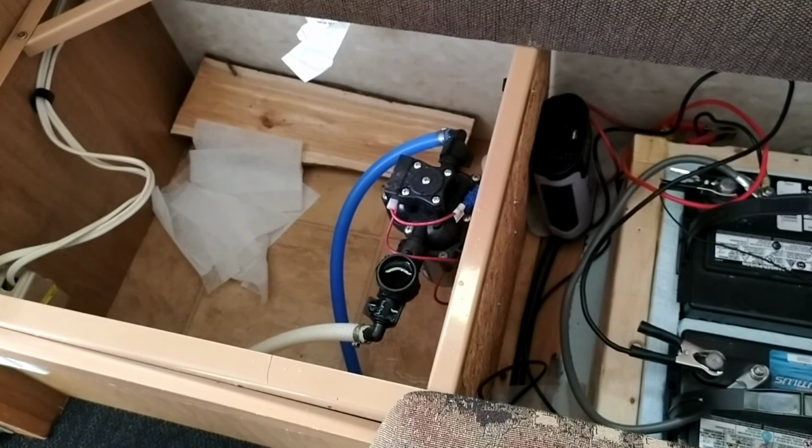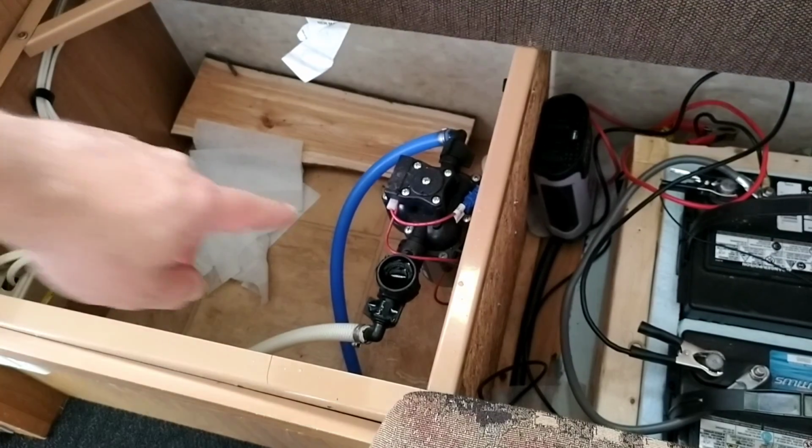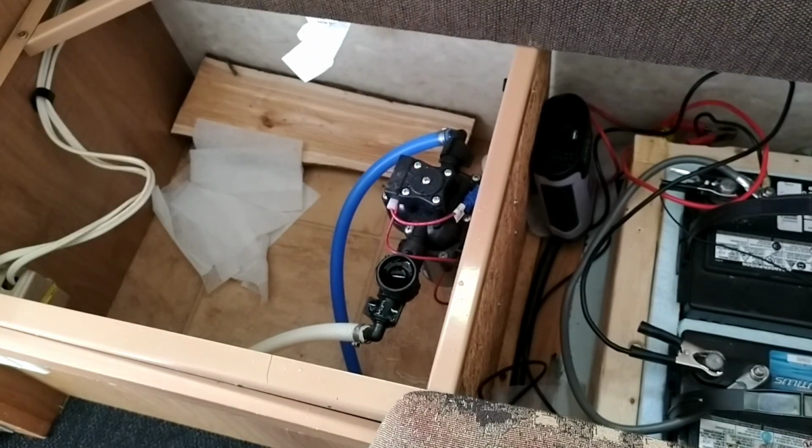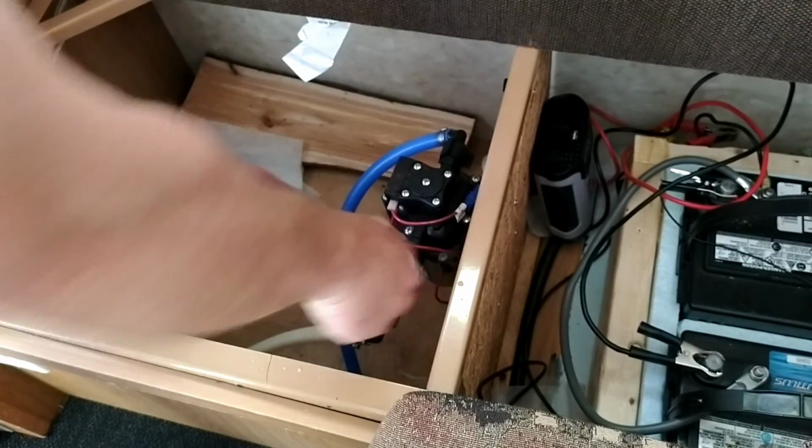All right, guys, I got it primed. It took a while, I'm not sure, but you just keep feeding water in this thing until the pump stops. I put about 3 liters of water through it before it stopped, so not really sure what the issue was there. But